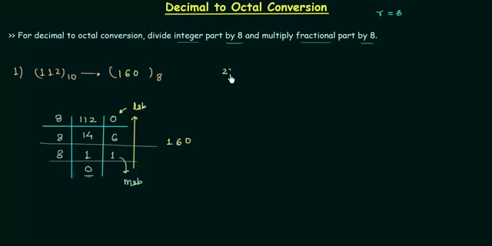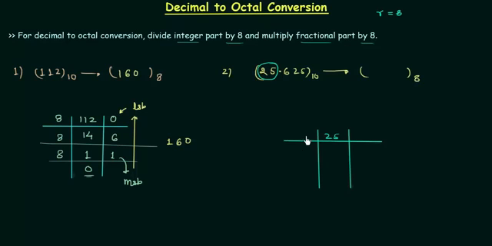In the second example, the decimal number is 25.625. This is in decimal, and we want the octal equivalent of this number. If you remember the last presentation, this was the example for decimal to binary conversion. I'm using the same decimal number for decimal to octal conversion. We will divide the integer part, this is the integer part, by 8, and we will have quotient equal to